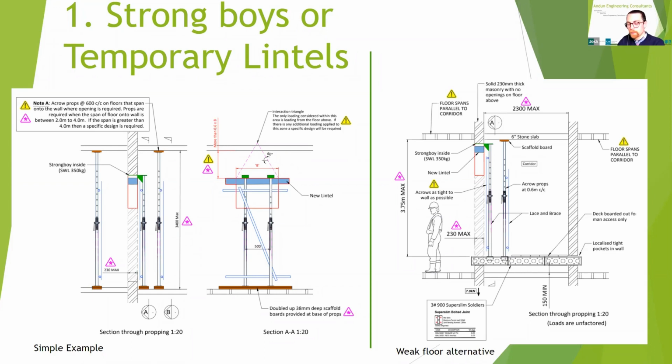And let's have a little breakdown of the sequence of that lintel installation. So first, the propping is installed and fully supporting the wall. That's step one. Then an opening is made to receive the new beam or lintel and its pad stones. This doesn't have to be the whole wall from top to bottom. It can just be a slot just big enough to allow the beam and the pad stone to be installed. And then the beam and the lintel is installed and then dry packed to ensure it's ready to take the